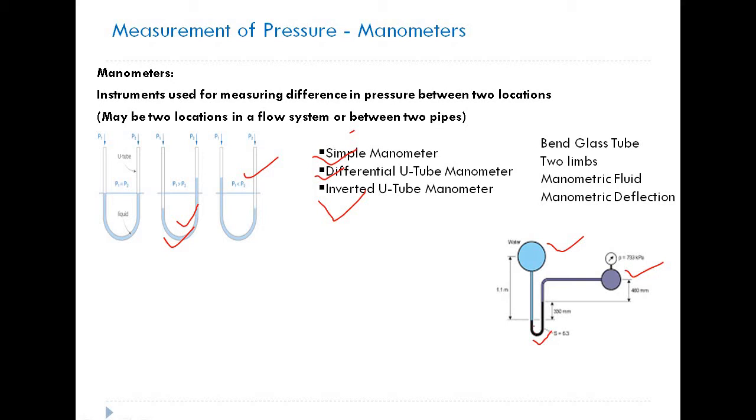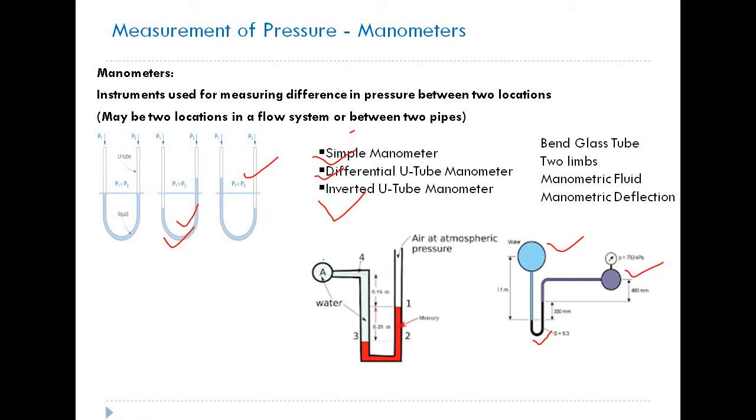Okay. Let us take another example. This is a case of simple manometer. We have pipe A containing water and the left limb is connected to it. The right limb is open to atmosphere. So what is acting at 1 is atmospheric pressure. What is acting at 3 is pressure in the pipe A plus pressure due to this column of water. Okay, this is water through the pipe. So up to this level 3, it is water. Similarly, up to 1 it is air, and mercury shown in red color is the manometric fluid